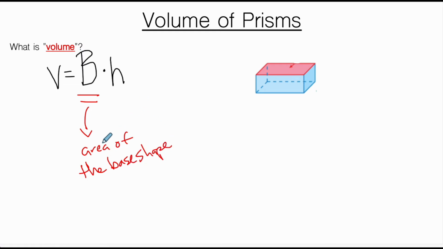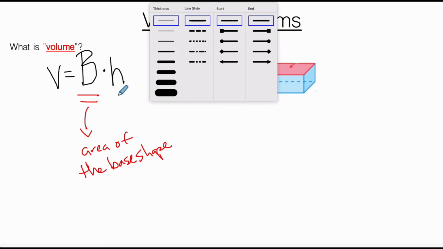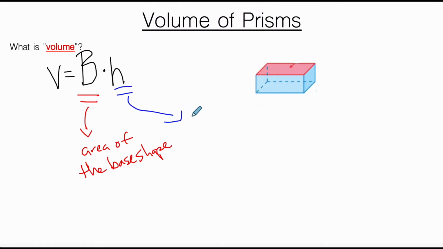Whatever shape is the base of the prism, you are going to find the area of that flat shape. So let's say you had a triangular prism. You would find the area of the base, which would be a triangle, thus the name triangular prism. For a rectangular prism, which is what we're going to focus on today, you're going to find the area of the rectangle, and then you're going to multiply it by h. And in this formula, that is the height